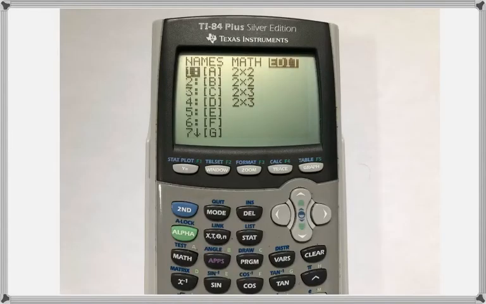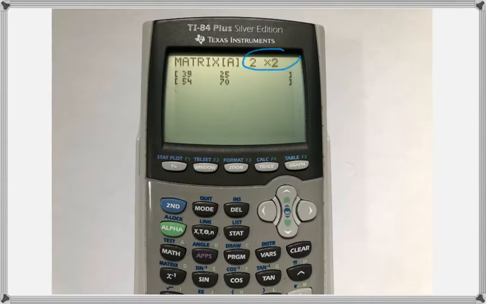I'm going to press second matrix to get to the matrix menu, and then over to edit, and then select matrix A and press enter. So this is a 2 by 2 matrix because we have 2 rows and 2 columns. So enter in the observed values and then quit out,